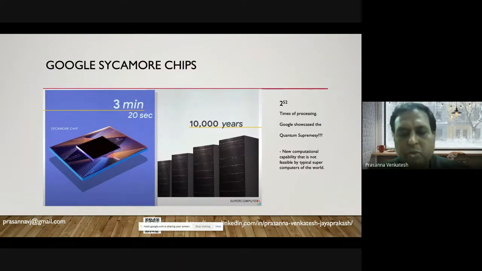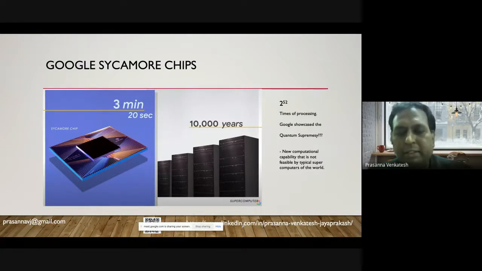To put in perspective the amount of time required: a specific process that can be done on a Sycamore chip in 3 minutes 20 seconds cannot be done on the latest supercomputer that you have currently. Cannot be done on the latest supercomputer. Just think about that for a moment.